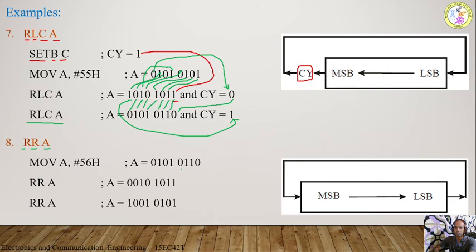So initially, in the rotate right instruction, what we need to do? You need to consider the LSB first. Take LSB and move it to MSB. So what is the LSB here? This is LSB and this is MSB. So I need to take this LSB first, and this LSB should be moved to MSB. So this is nothing but MSB. LSB bit will come to MSB bit, and all the bits are shifted right by one time.